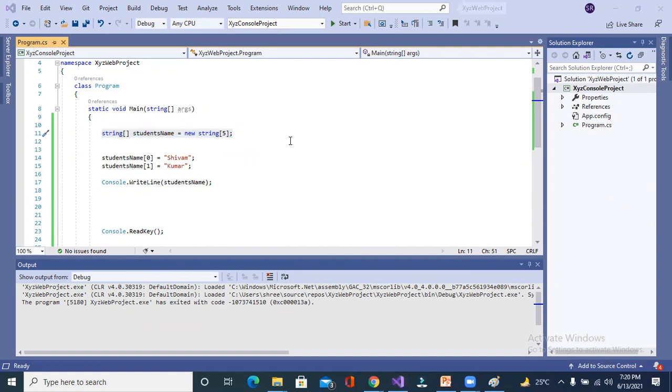Sir, if I want to create a single character, how can I do that? What do you want to create? If I want a single character, like Shivam is there, sir. You want to store only one value like Shivam? I want only the I value, sir.